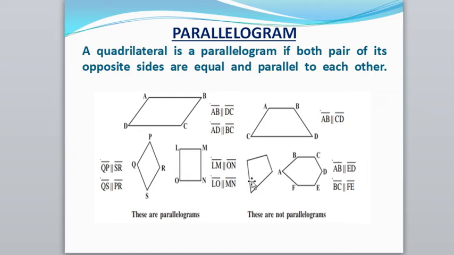Then in the next figure here no side is parallel, meaning no pair of parallel sides is present here, it means it is also not a parallelogram. Then in the next figure we know that in a quadrilateral there should be four sides, but here the number of sides is 6, and if the number of sides is 6, it means it is not a parallelogram.